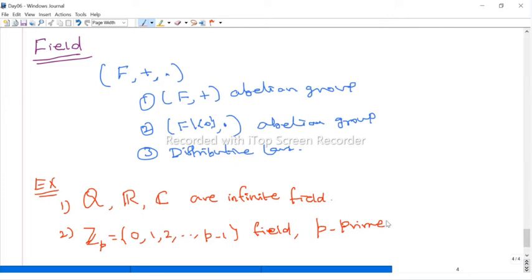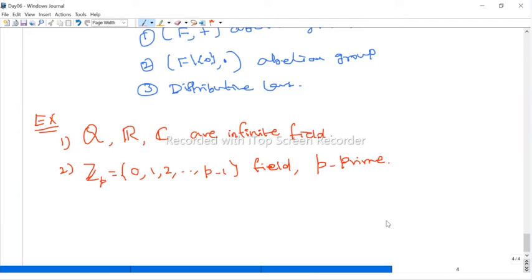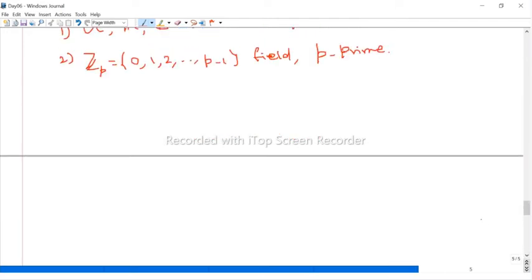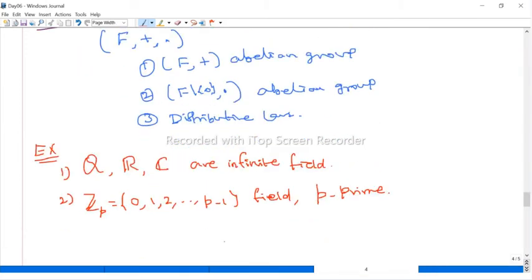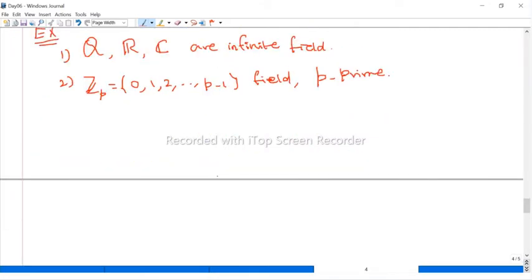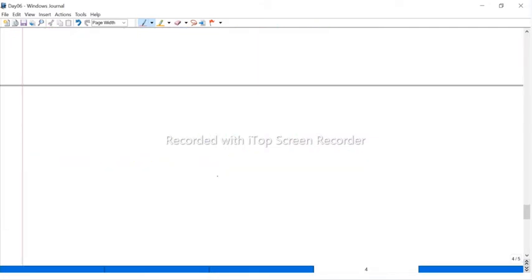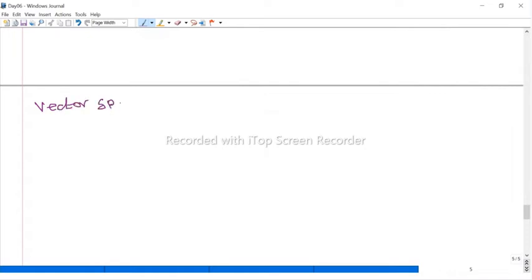Now using this field, we can define what a vector space is. So when we say a set is a vector space over some field F, hereafter F means a general field, but basically we can use either C or the real numbers R. But the definition is for the general case. So now we define what a vector space is. A vector space is also one of the algebraic structures.